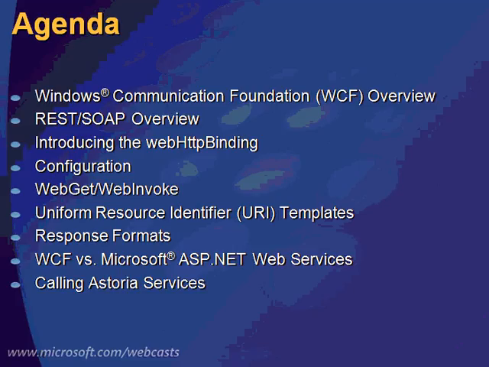We're going to talk about the Uniform Resource Identifier templates, or URI templates. And this is really a very cool functionality that you're going to see, specifically with the WebGet, that allows us to define these templates to essentially build out a pattern URL to allow us to really expose the REST endpoint in really the truest sense of the term REST, and we'll get into that a little bit in that